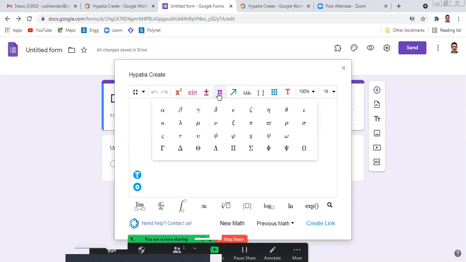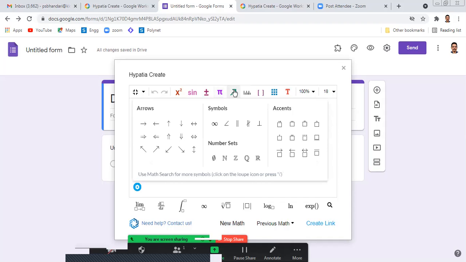Now this pi means the Greek symbols like alpha, beta, gamma, delta, epsilon, etc. That can be added into a Google Form by clicking on this pi icon.